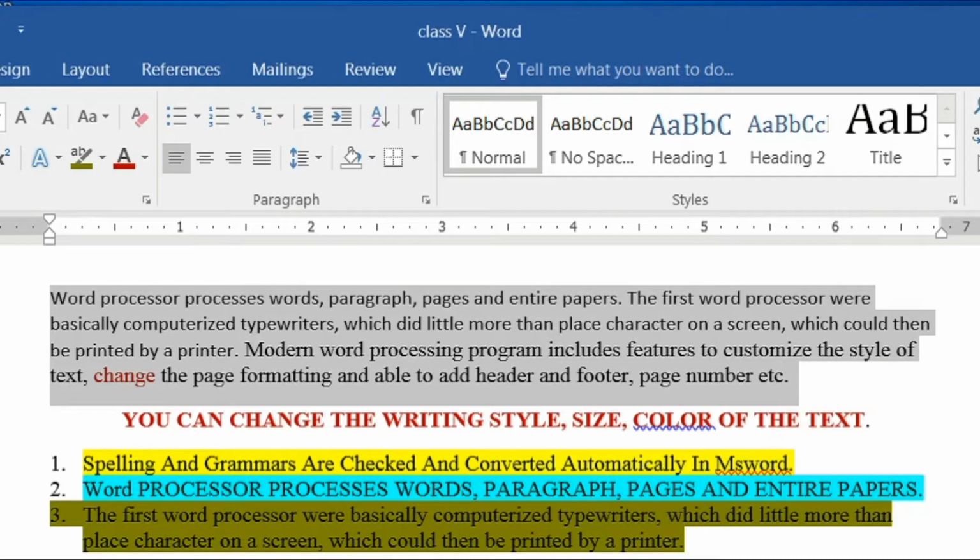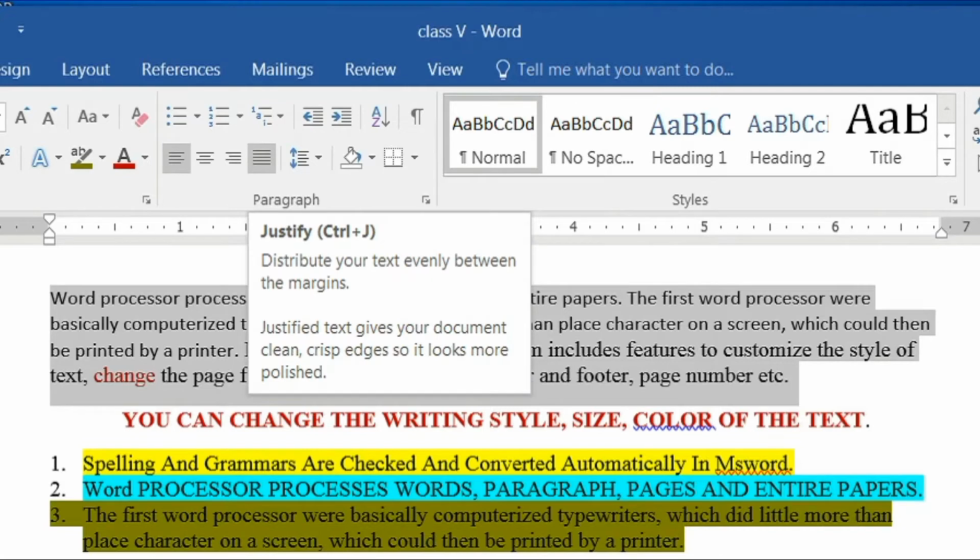It is not aligned, is it? So if I want to align both sides, I use this alignment, justify, which distributes your text evenly between the margins. It fits inside the margins. Let's see what change will happen.